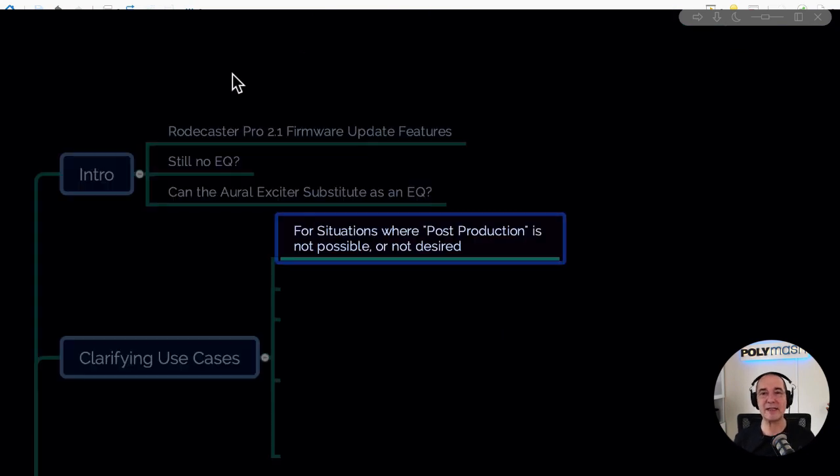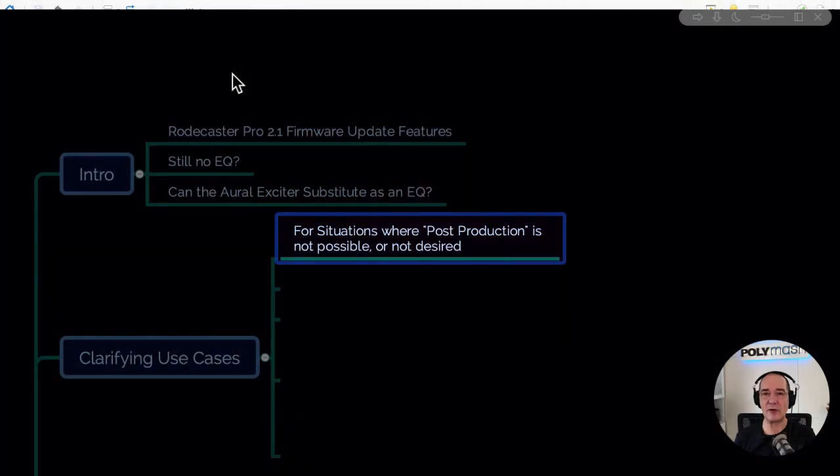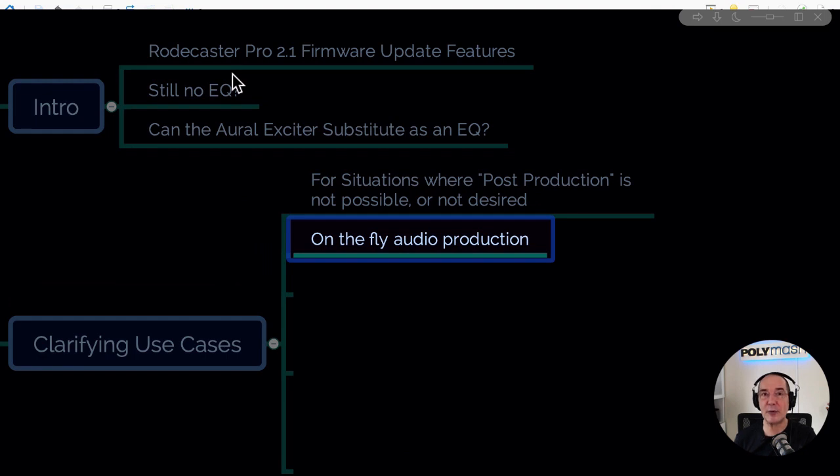And just to clarify the use case again, because I'm going to get emails and comments again, as I did on previous videos, what we're talking about here is for situations where what you're doing with this console is where post-production is impossible or where it's not desired. And I could think of a bunch of reasons where that's the case. For example, on-the-fly audio productions, if you're doing daily shows on a podcast, if you're doing live streaming,